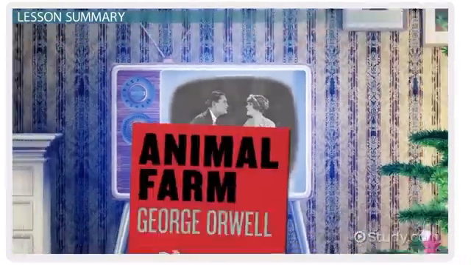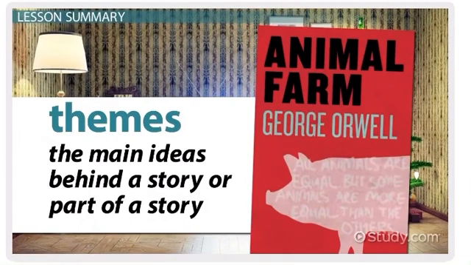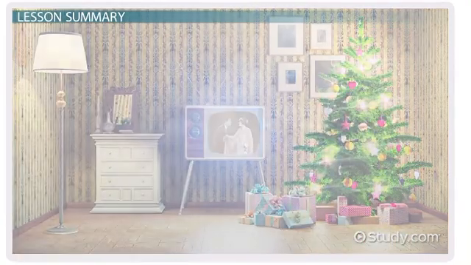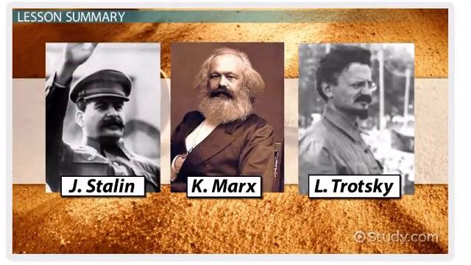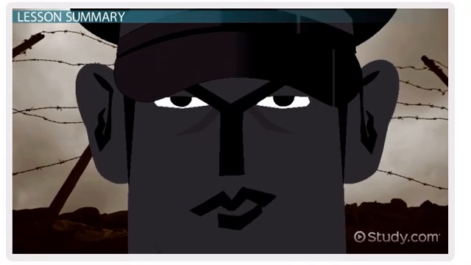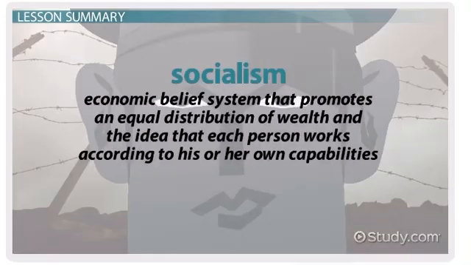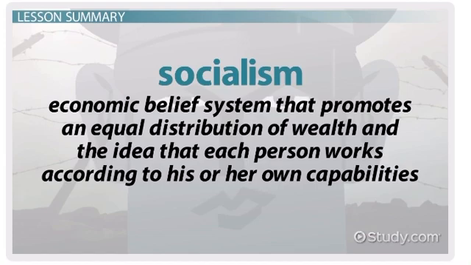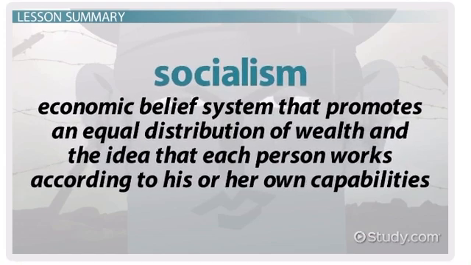Okay, let's review what we've learned. The themes or the main ideas behind a story or part of a story of George Orwell's Animal Farm teach us many life lessons. From the events of this novel, we can learn that communism and socialism are destructive belief systems capable of taking a great community and turning it into an oppressive place for those not in the ruling class. We learn that socialism is an economic belief system that promotes an equal distribution of wealth and the idea